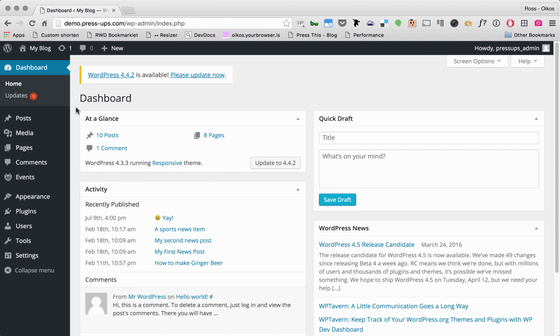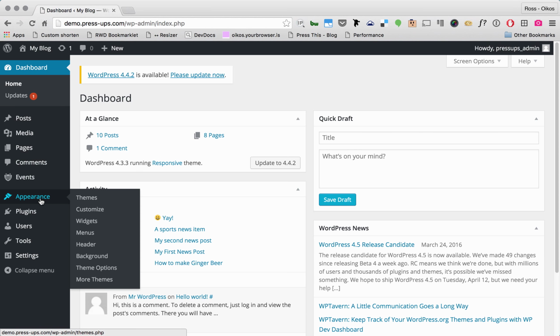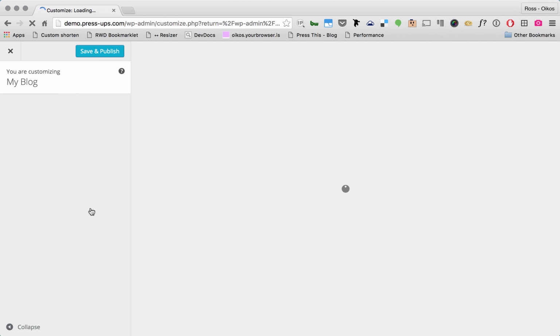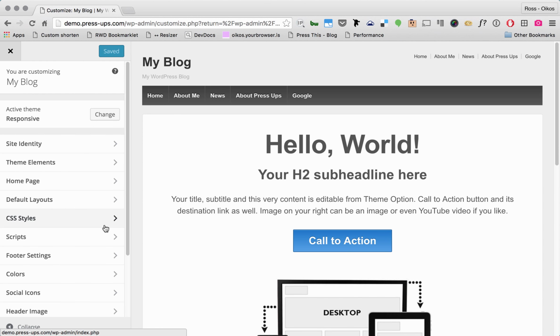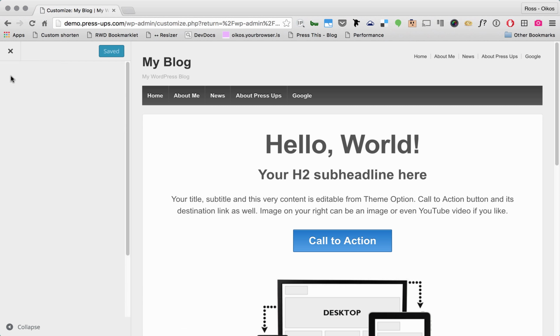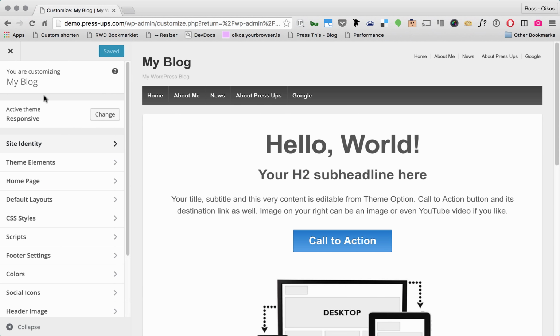the changes. So first of all, you may not be familiar with the customizer, but if you do use the customizer, then there are some new things in there that you can use in WordPress 4.3. So the customizer, if you don't know, allows you to make changes to your site and preview those. The key thing about the customizer is that these links here enable little panels that open that let you make changes to your site. Make sure you click the blue button at the top to save your changes once you've made them and you're happy. And there'll be a live preview of your changes over on the right hand side as well,